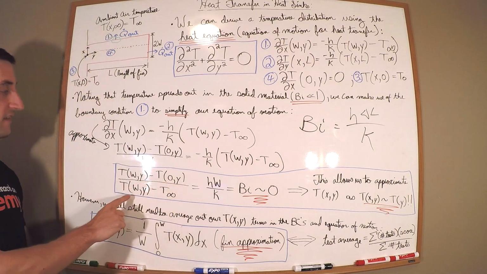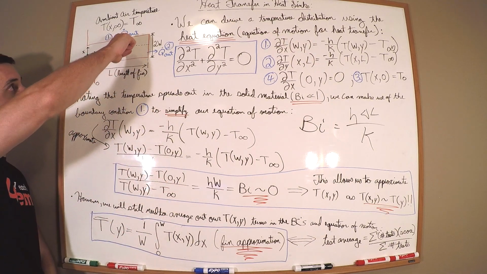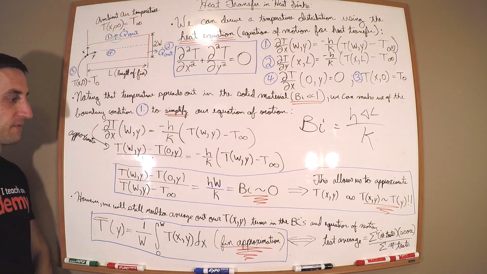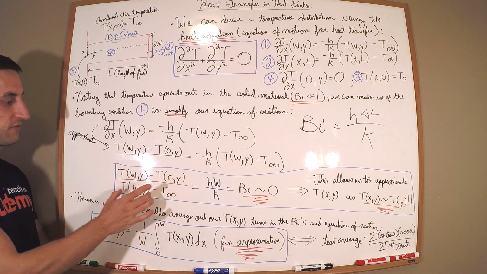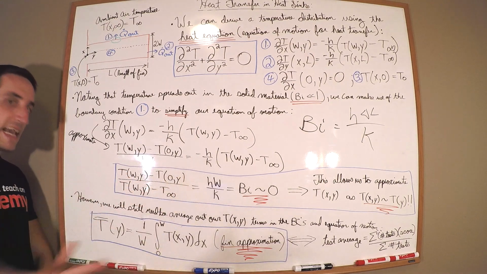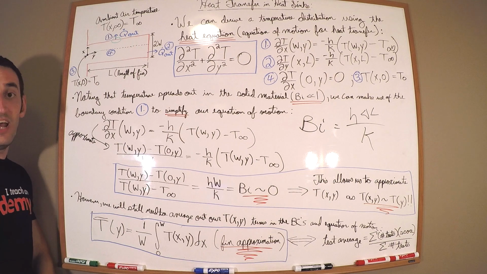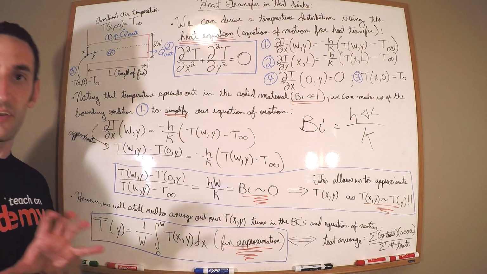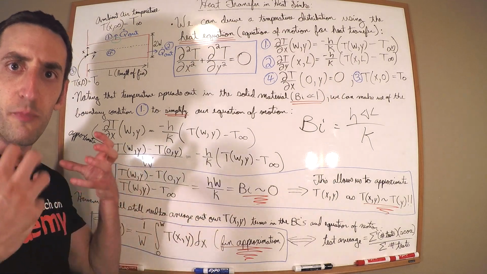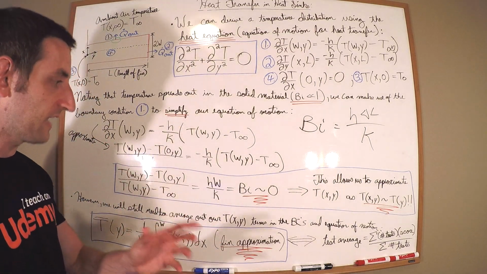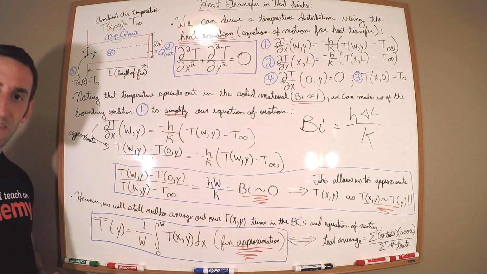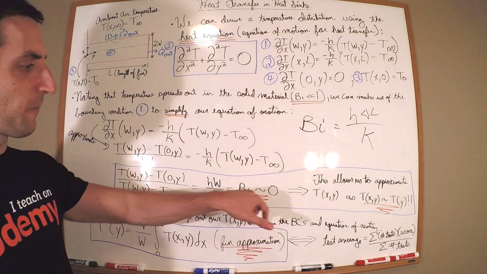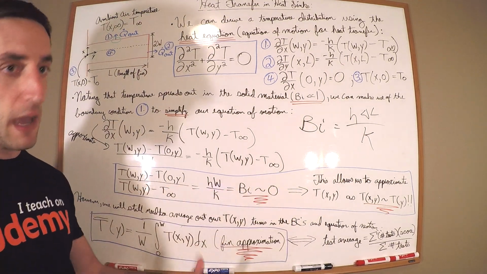That divided by the temperature differential from this guy out to the ambient temperature. That's sort of comparing conductive heat transfer to convective heat transfer, which in essence is the definition of the Biot number. That's what we defined it as in the previous video. And it's a comparison between those two mechanisms, those two processes of heat transfer, okay? So as we showed in the previous video, the Biot number is approximately 0 due to the parameters and the